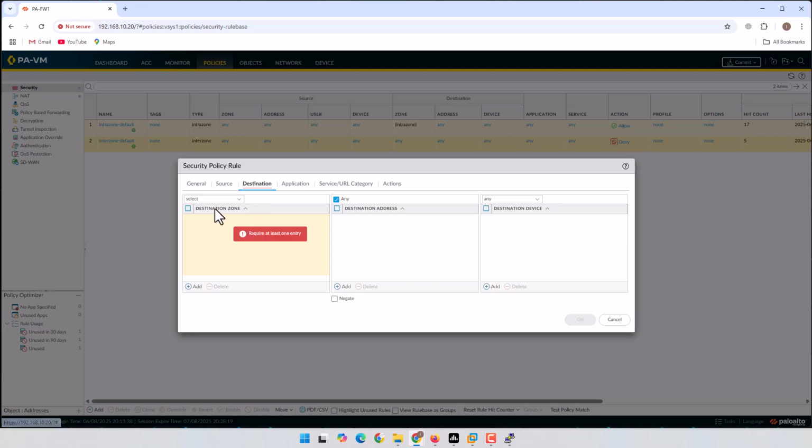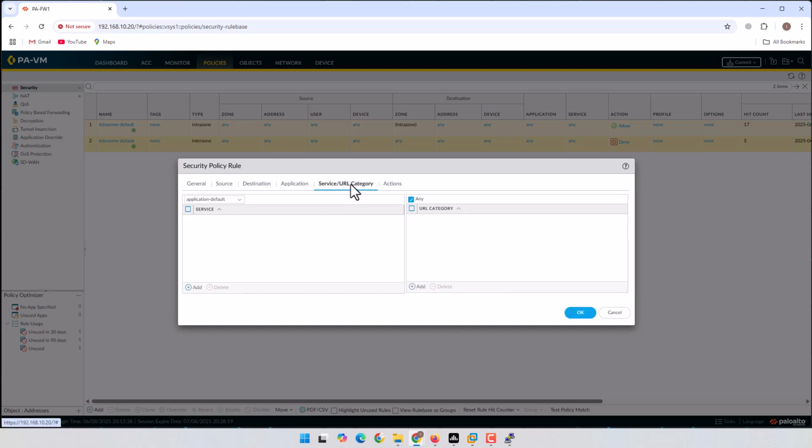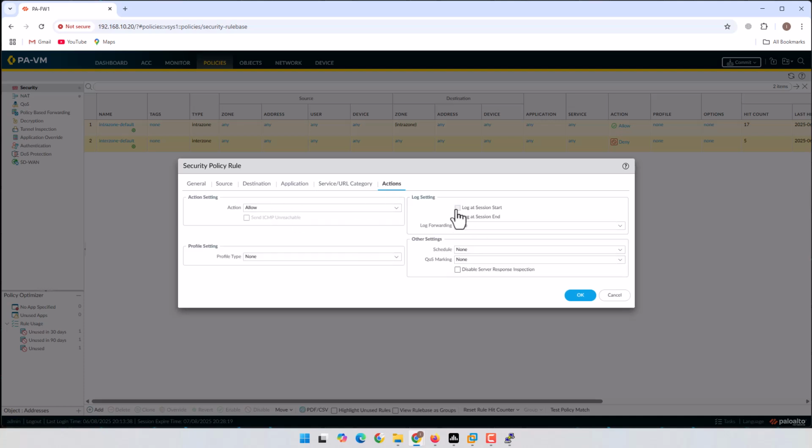And for the destination zone, it's outside, and destination address is internet, and it's wide open, and we are going to leave everything any, and also the destination device the same. The application, the service and URL category, these we let be wide open for now, but in future videos of course we'll configure some categories and some applications to allow. And the action is allow, and I'm going to log at session start,